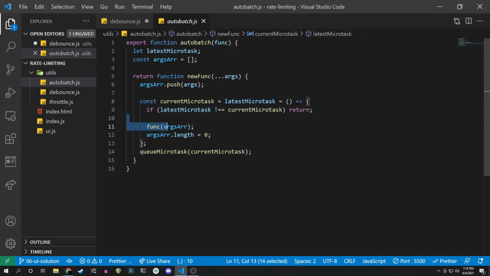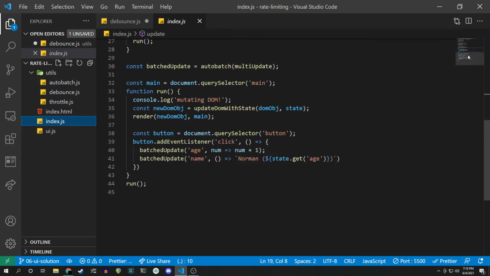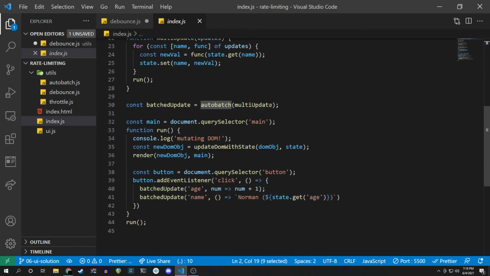And whenever you have the last function, we call the function with all the arguments, and then we set our array's length equal to 0. If this wasn't super simple or understandable, try to pause the video, look at it, write it up yourself, and try to execute it. But in essence, if we use autobatch, right, we're importing that function now, and we have